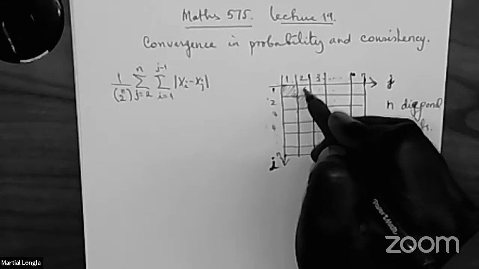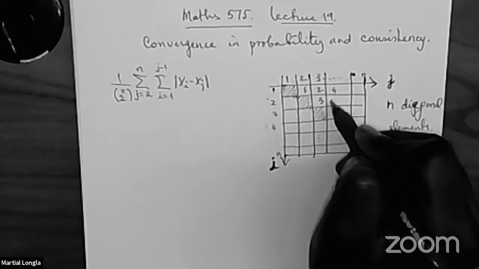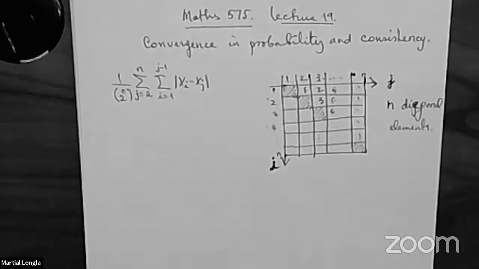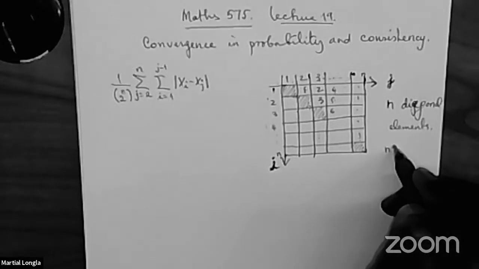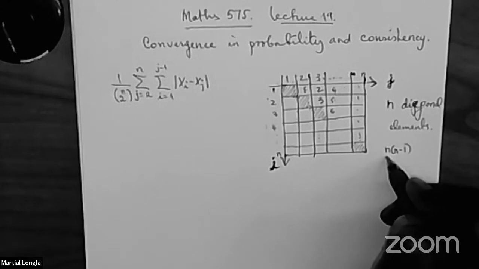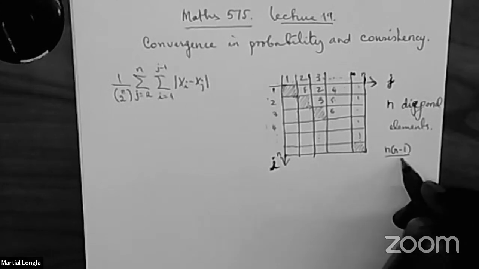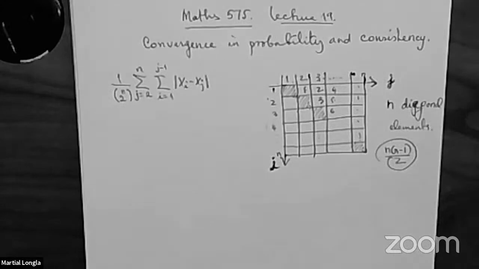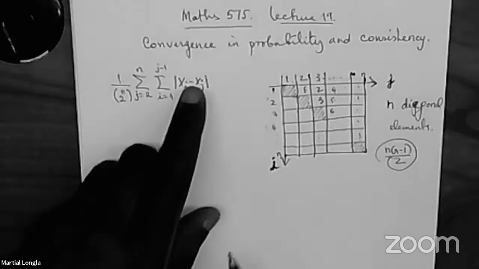So we are adding these things 1, 2, 3, 4, 5, 6, all the way down to here, all these. So we are adding all the upper diagonal elements. How many elements are there? That's n times n minus 1. So this is the number of elements that we are adding. Now, when you look at this formula,